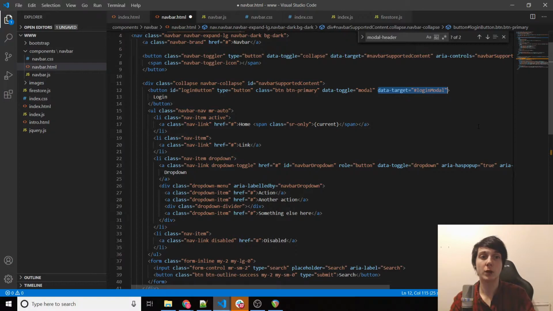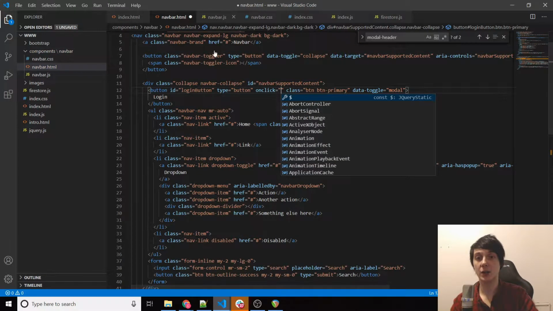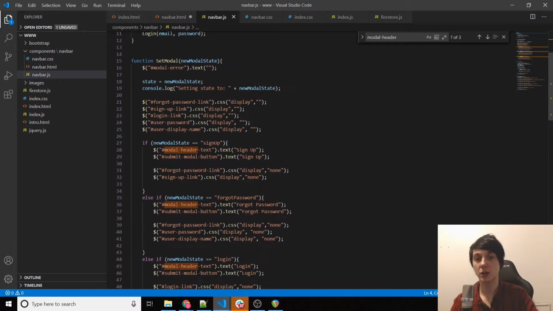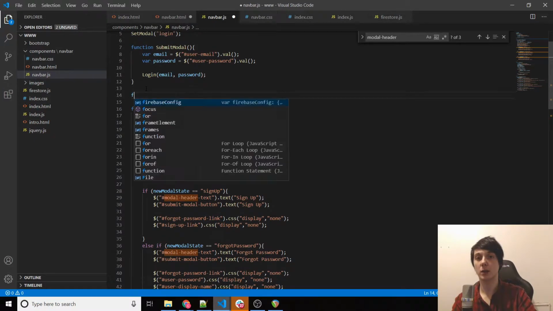So we no longer want to data target the login modal. We no longer want the modal to spawn when we click the button because if they're signing out, for example, we wouldn't want to load the modal. So we only want to do it a certain amount of times. So we're going to add an on click instead, that happens when you click the button. And that is going to equal a new function that we are going to create